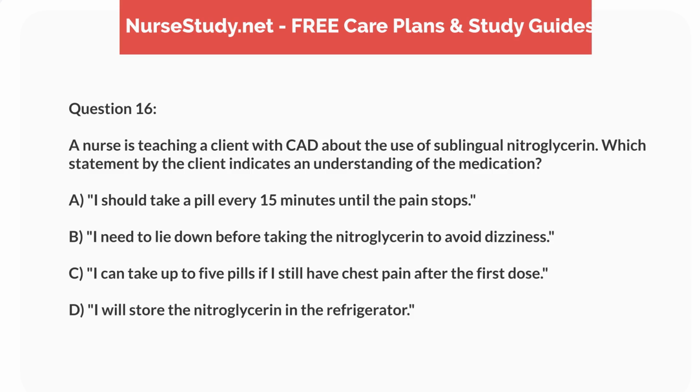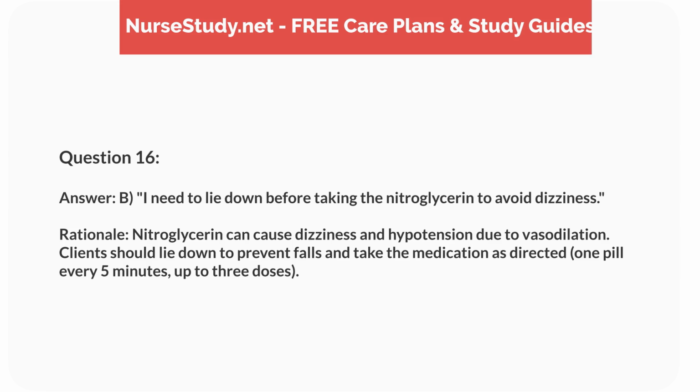B. I need to lie down before taking the nitroglycerin to avoid dizziness. C. I can take up to 5 pills if I still have chest pain after the first dose. D. I will store the nitroglycerin in the refrigerator. Answer: B. I need to lie down before taking the nitroglycerin to avoid dizziness. Rationale: nitroglycerin can cause dizziness and hypotension due to vasodilation. Clients should lie down to prevent falls and take the medication as directed, 1 pill every 5 minutes, up to